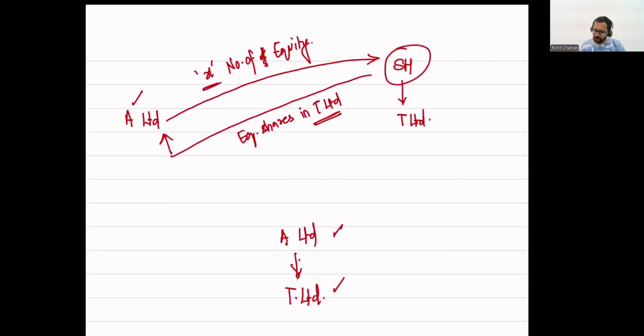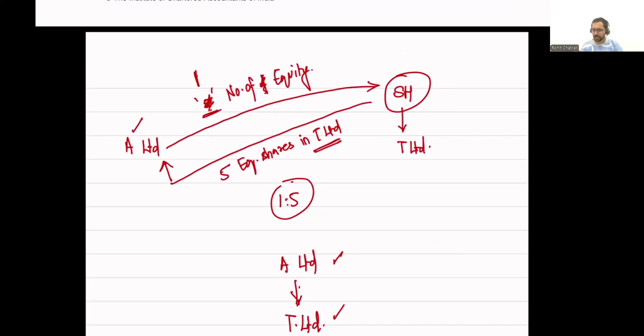So the exchange ratio has been decided as 1 is to 5, which means A Limited is going to deliver one equity share for 5 equity shares in T Limited. All right. Let's assume that the conversion ratio is determined today. The settlement will actually happen 3 months later. I am deciding today that I will deliver one equity share for every 5 shares in T Limited, but the settlement of issuing one equity share and acquiring 5 shares is going to happen at the end of 3 months.